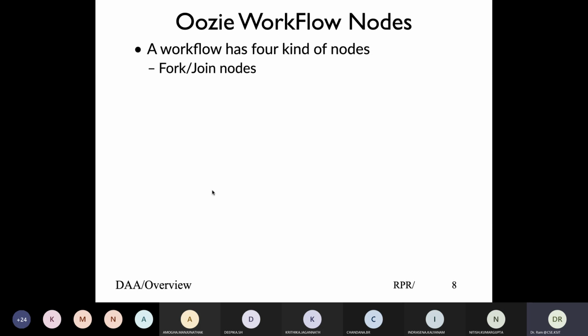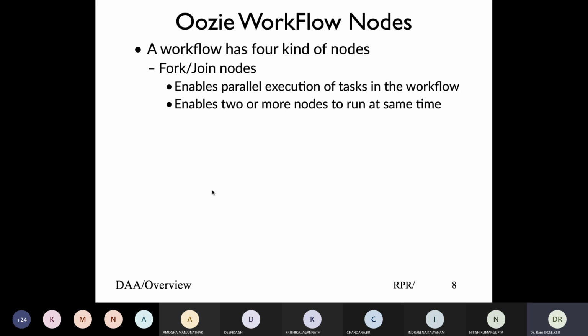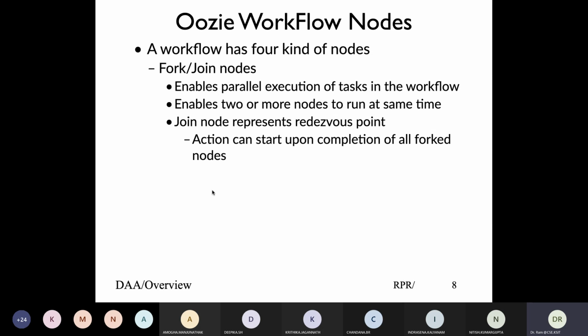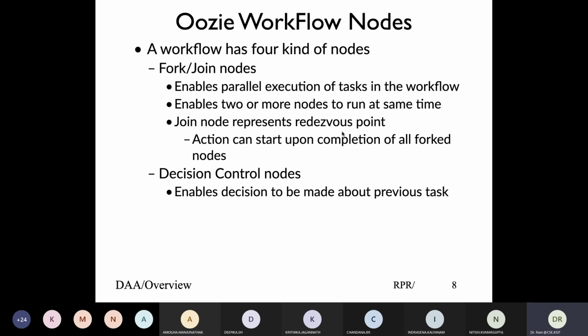So that means you are basically creating multiple action nodes. Those jobs have to run in parallel, and once they complete their execution, they need to join together. And that is basically what a join node is. Typically, the join node will wait for all of these to complete, and that's why I call it maybe a rendezvous node, a meeting point.